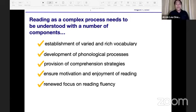Reading is a complex process. Hindi po simple ang pagbabasa. Reading is a complex process. And because it is complex, it needs to be understood with a number of components. Para maintindihan natin bakit complex ang pagbabasa, dapat maintindihan natin itong mga components. Ano-ano ba itong mga components ng reading na dapat nating maintindihan? Number 1, establishment of